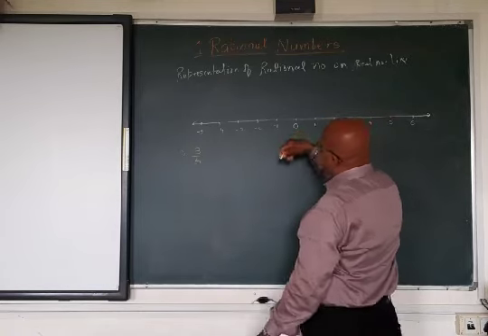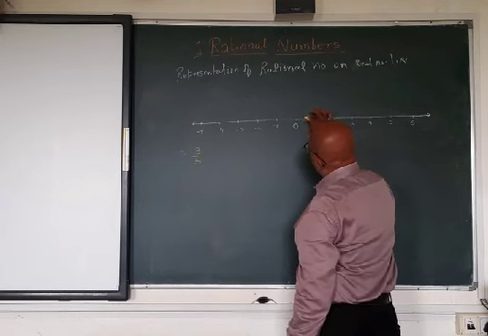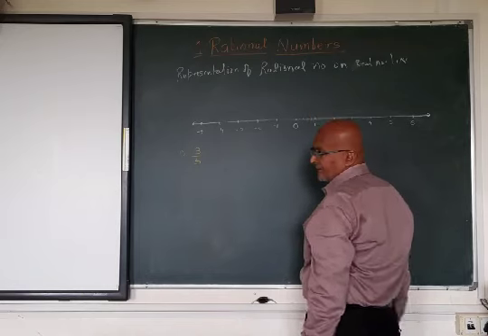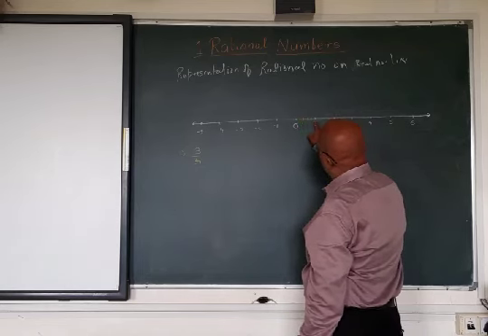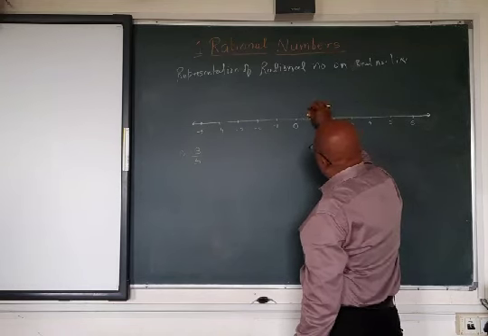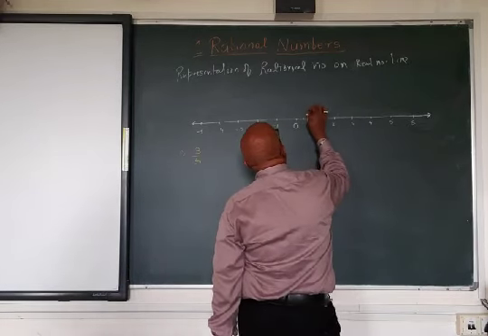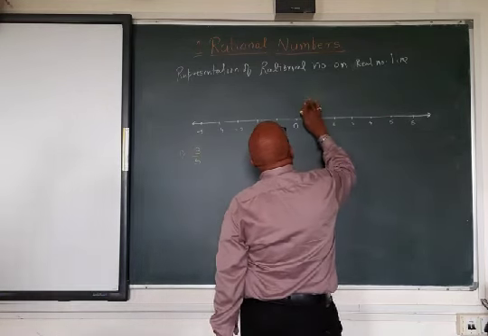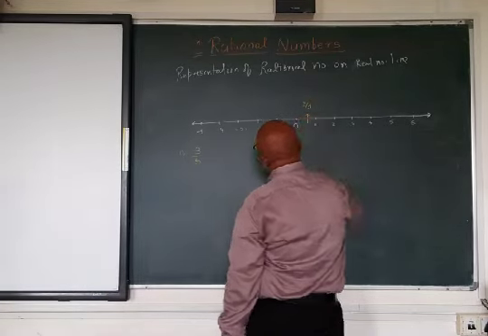So simple to understand. We will divide 1 unit into 5 equal parts like this, and then count the third one. It is 1, 2, 3, 4 and 5. 5 upon 5 is 1, obviously. So 1, 2 and 3. I will mark this with a bigger mark, and this will be nothing but 3 by 5.